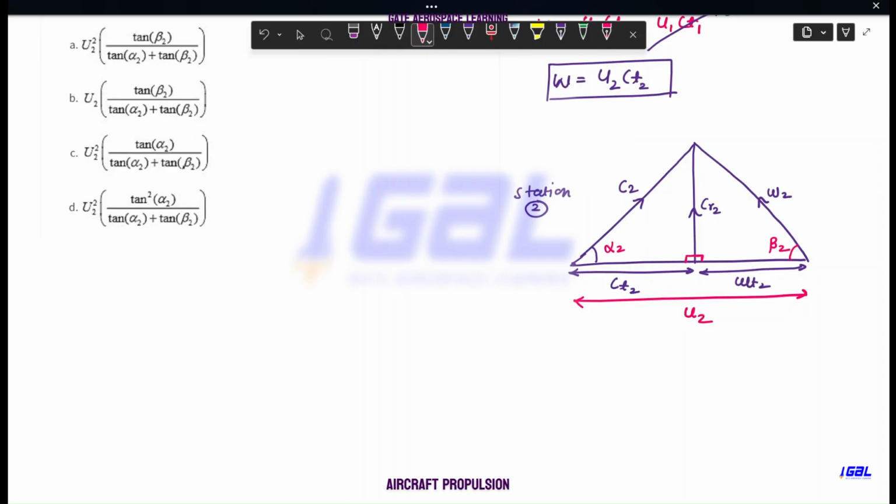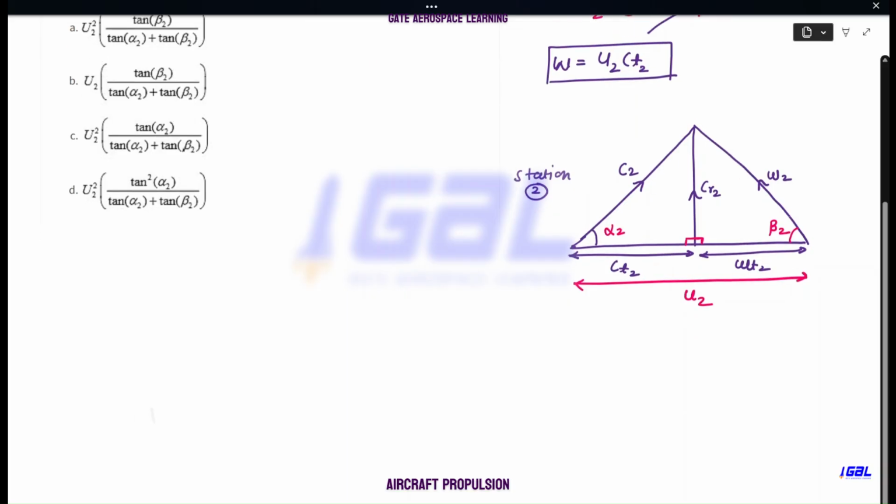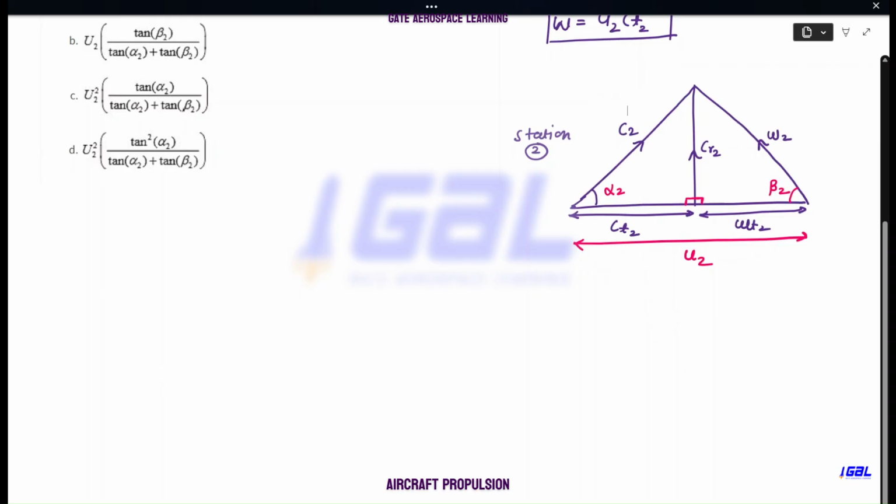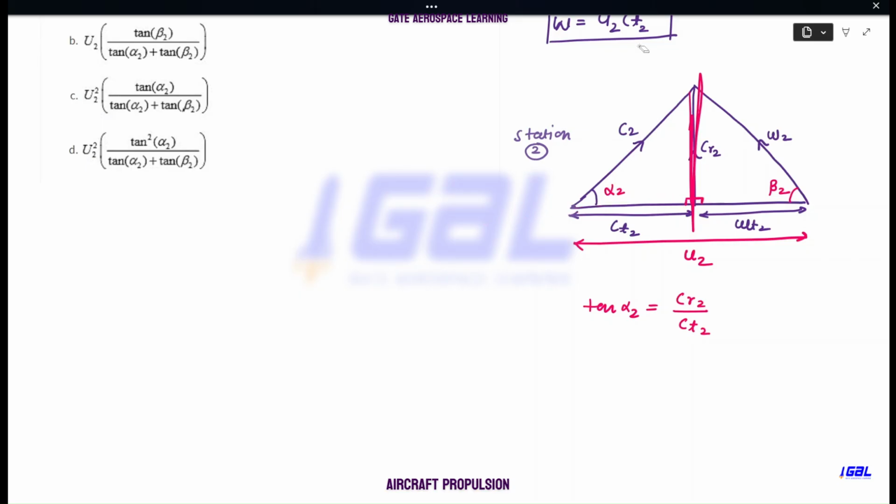So for that, I'll use trigonometry. In the trigonometry, we'll take the tan component, and you will come to know why I'm using the tan component, so that my expression will be in terms of alpha 2 and beta 2. That is the reason we are taking the tan component. So tan alpha 2 can be written as height by base. So CR2 divided by CT2, right? This is height and this one is the base. Okay,